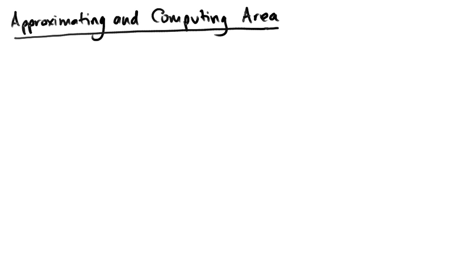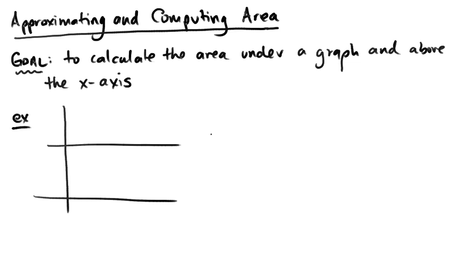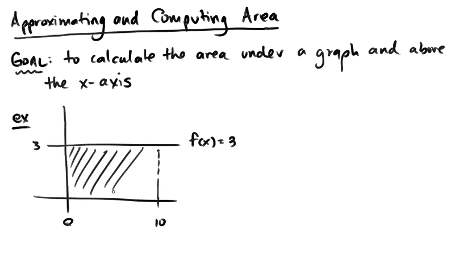In this section, our goal is to calculate the area underneath the graph and above the x-axis. Here's a picture of what I mean by that in an example. If we have a really basic function like f of x is equal to 3, and I want to know the area between 0 and 10 that's underneath the graph but above the x-axis, then we have a fairly straightforward